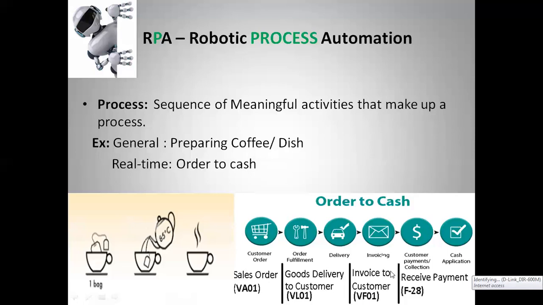And once the customer pays the invoice amount, that will be received by the organization. And that would be updated in SAP systems using F28 T code. So this is a business process. This is one of the business processes in ERP business organizations. So here you can see,